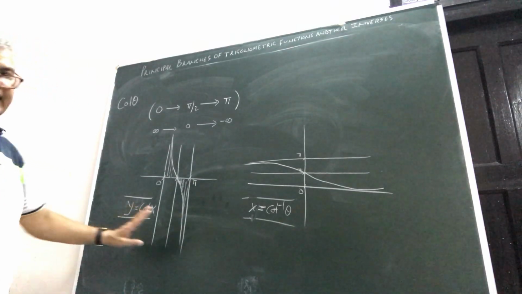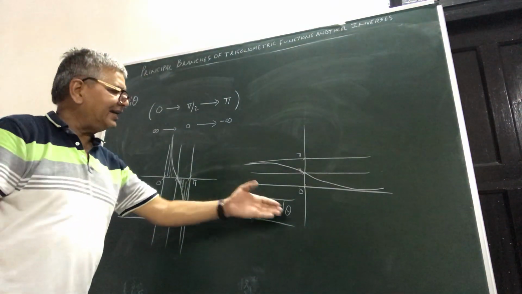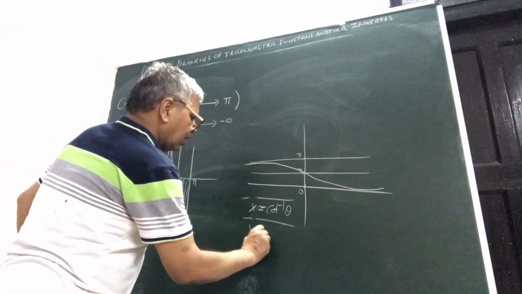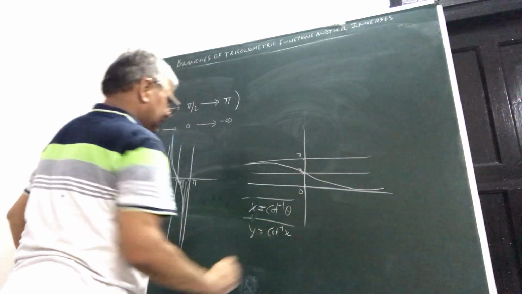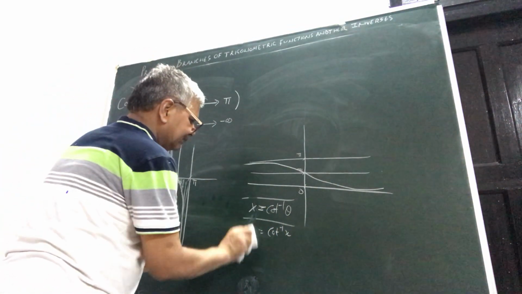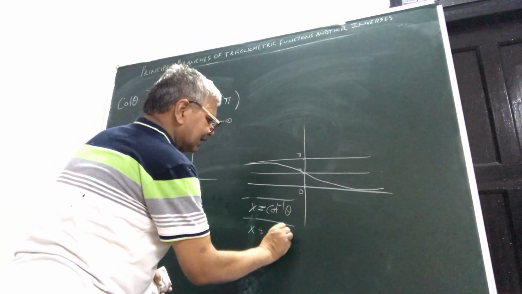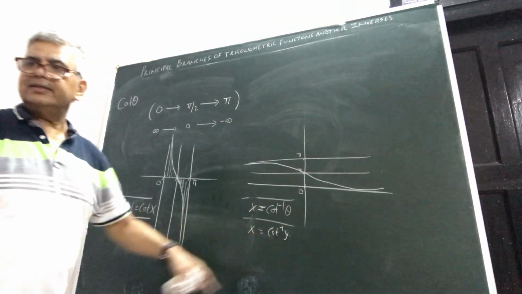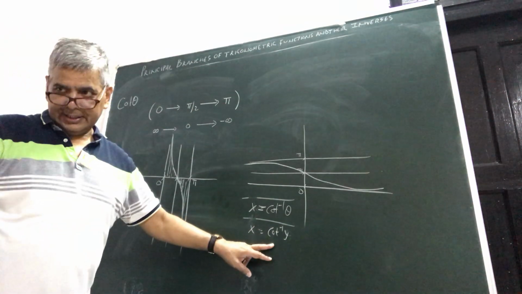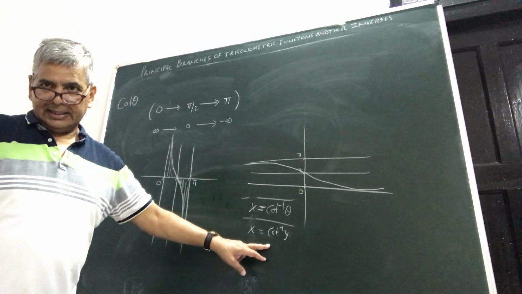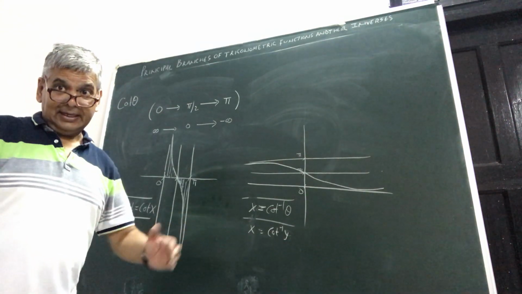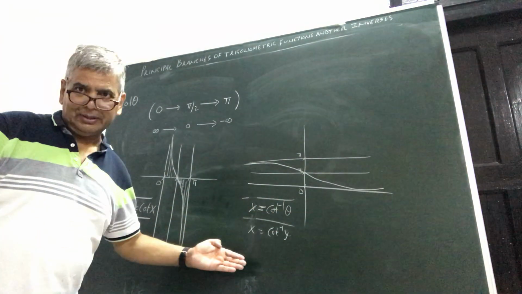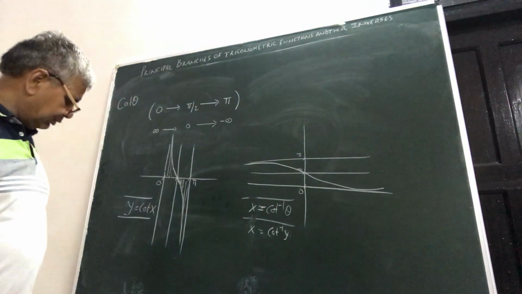But don't confuse it. They are independent curves. Mind it. I can write any damn thing. It is not that I will write y is equal to only cot inverse x here. x is equal to cot inverse y. I can write whatever I feel like. y is equal to cot x, so x is equal to cot inverse y. This seems to be more rational at the first instance, but don't make it a habit. It is an independent curve, x equal to cot inverse theta. So either way you can denote it. That also you have to keep in mind.